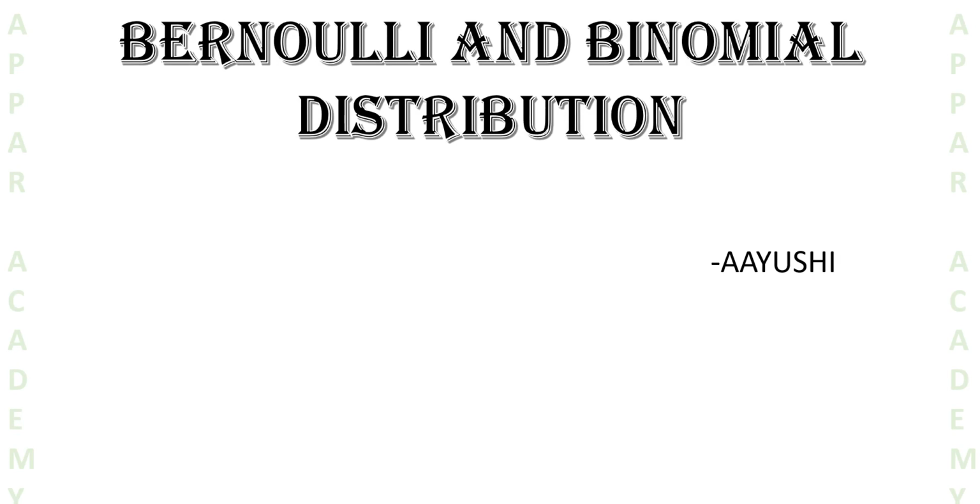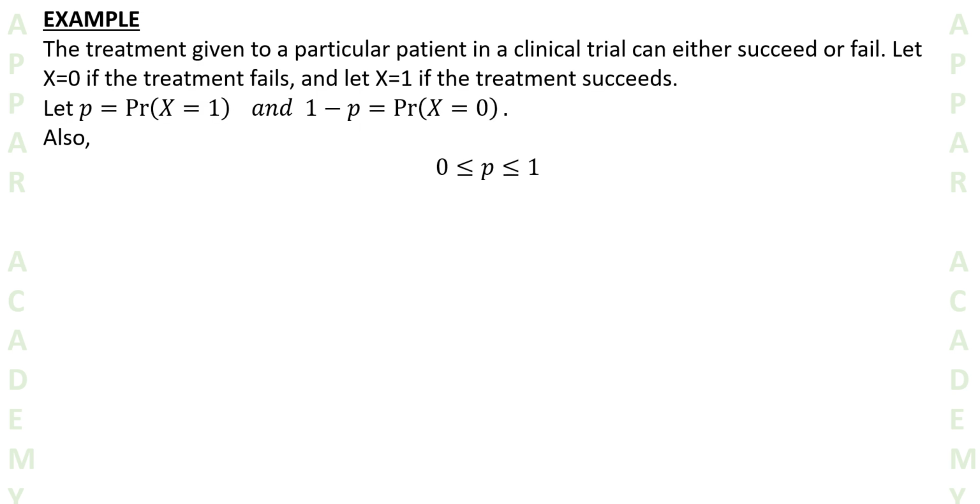In this video, we'll talk about Bernoulli and binomial distributions. So first of all, instead of talking directly about the distributions, we'll take an example to understand what exactly a Bernoulli distribution is. Why are we going through an example? Just to know how we can implement the Bernoulli distribution, where it is derived from, and how it is exactly used. So let's take an example.